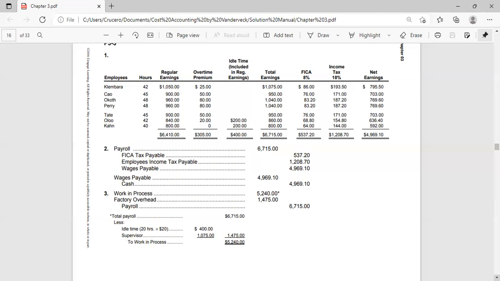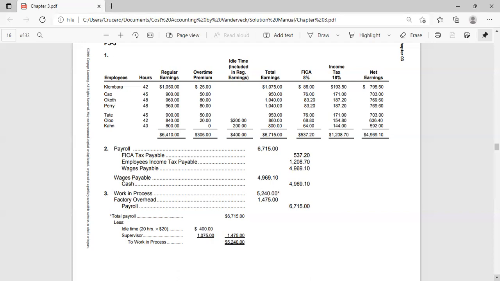Then the 18% is taken again by multiplying 18% by the total earnings. So the total earnings here for Kiambara is 1,075, less FICA and the other deductions. So the net amount is only